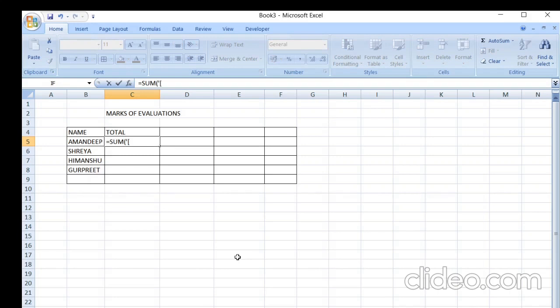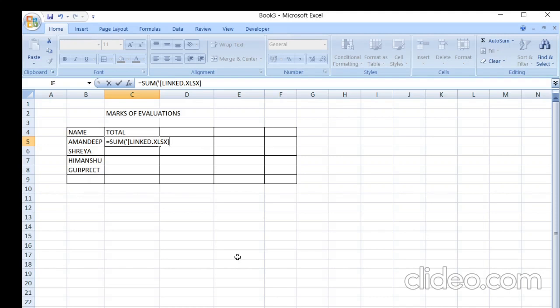Then you will start the square bracket. Here you will write the file name. As I have told you, my file name is linked, so I need to write the complete file name with extension. I have written linked.xls. I have closed the square bracket.